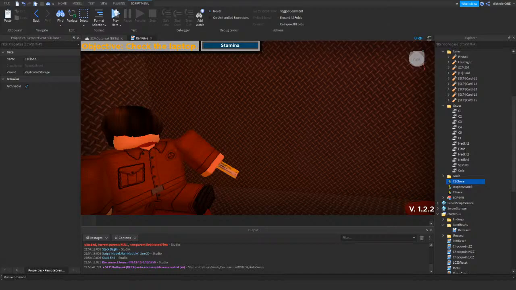Now let me do like 1 million locals. So local event. Do I want to call them events? Yeah. Event give 1 equals game.replicated storage replicated. Oh, Jesus Christ. Right, so replicated storage C1 give, and I'll do this for every single one. So 2, 3, 4, 5,